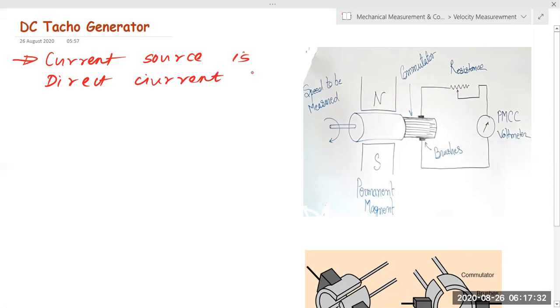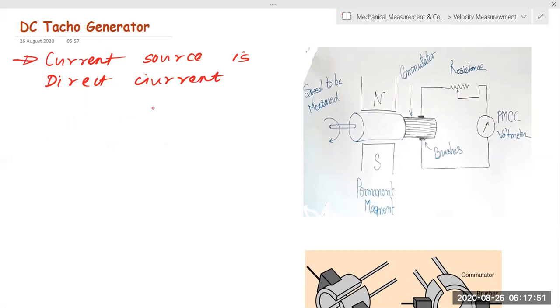So you should remember how direct current looks. If I want to plot direct current, we know that direct current is more like a constant. Why is it constant? Because there is no kind of alternating source. So whenever we consider something to be direct, we should remember that it will be constant throughout. Okay, now this is the first thing.